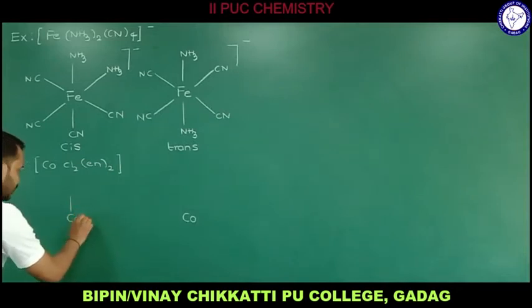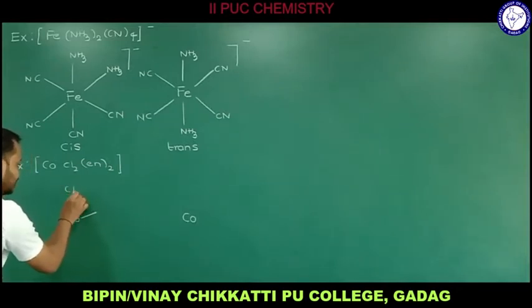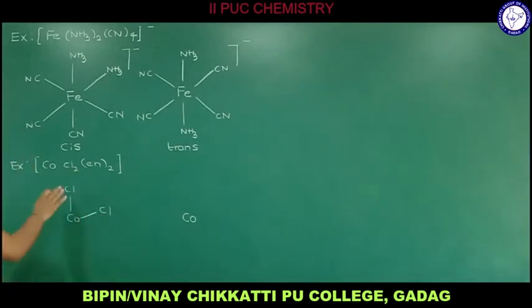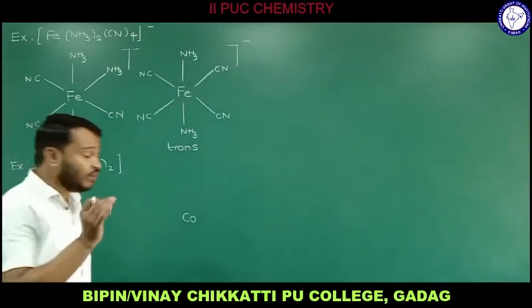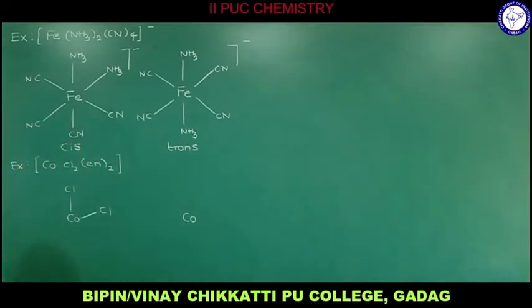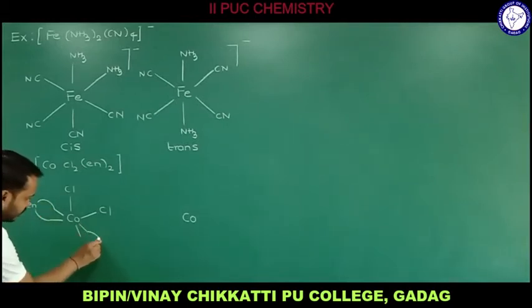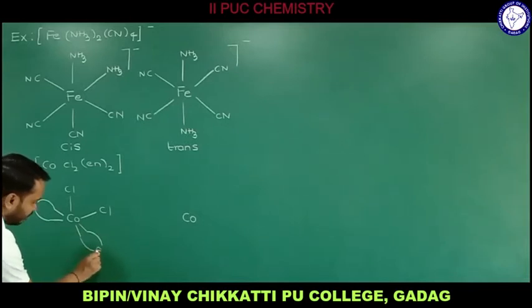If 2 ligands are adjacent, we call it a cis isomer. So 2 Cl I have written in this manner. Since Cl is monodentate, there is no change there. En, as I said, is a bidentate ligand, ethane-1,2-diamine. So how are you supposed to draw that? Observe how I draw. This is how you mention it, with curved lines, and here you write en. So this is one en. One more en I am going to write here. This is how I mention it.